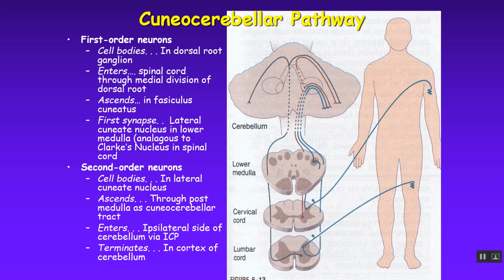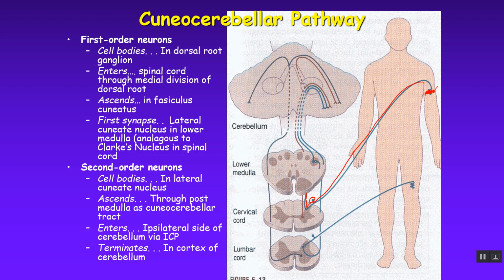Cell bodies are in the same spot as everybody else, dorsal root ganglion. It also enters the medial division of the dorsal root. It's going to ascend in the fasciculus cuneatus. So it's actually going to run up initially with your conscious proprioceptive fibers. Okay, so here's your upper body, a little muscle spindle in the bicep, comes in, dorsal root ganglion, comes in the medial division of the dorsal root, and it's going to go and join the fasciculus gracilis. It's going to go up, and it is going to make its first synapse in what's called